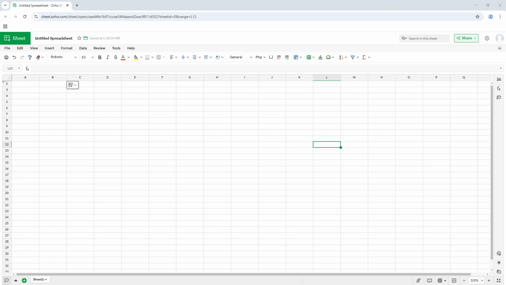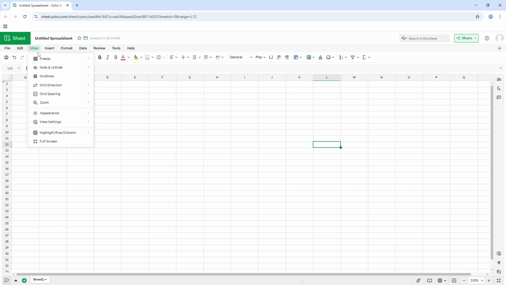First, you'll want to direct your attention to the top toolbar on your Zoho Sheet interface. This is where you'll find the View menu, an essential tool for managing the appearance of your data. It's typically located towards the upper section of your screen, alongside other menus like File and Insert. Clicking on the View menu will reveal a drop-down list of options, specifically designed to help you customize how your